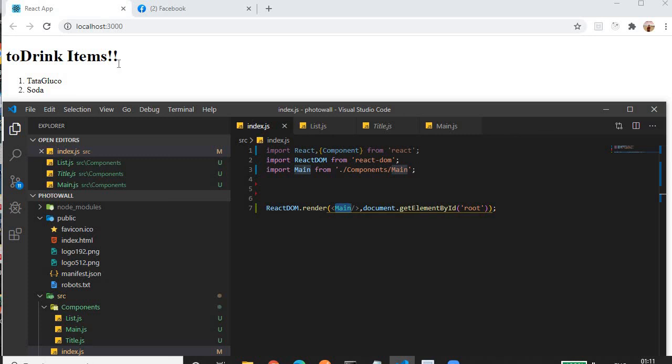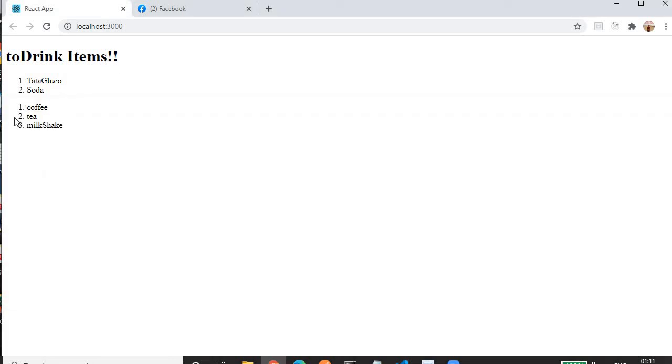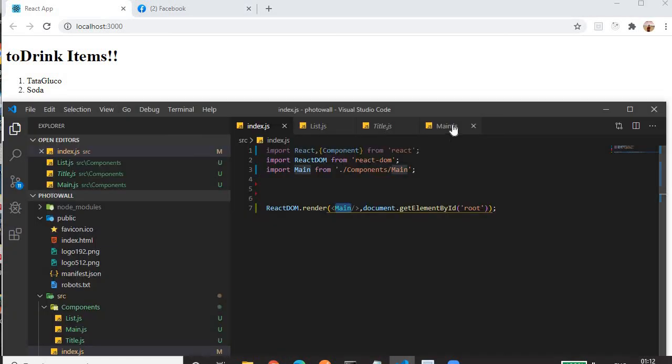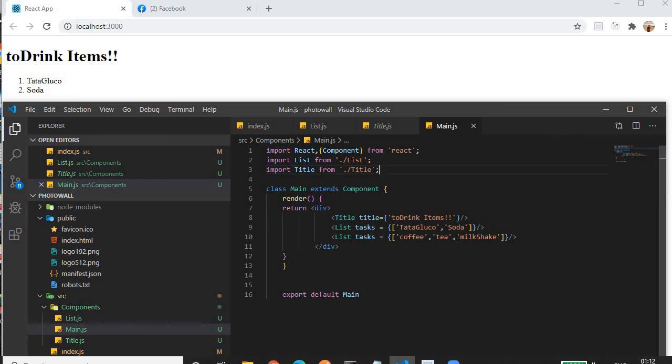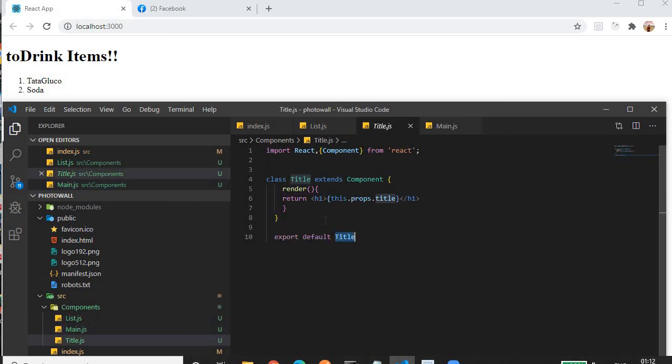See, we are getting two exclamation signs. We have one list item having two items, and another list having three items, and we are providing these items from the main component dynamically by the use of props, and we are accessing them by using this.props.